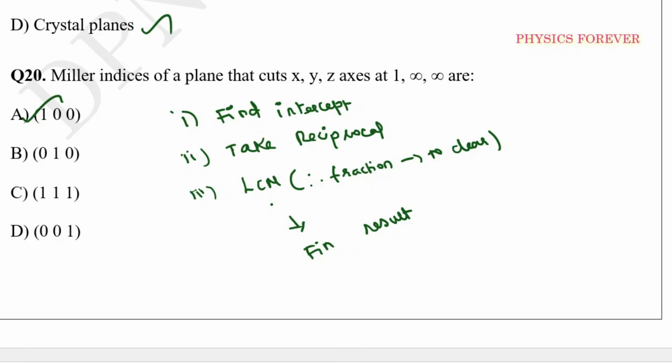So already நான் previous-ஆ ஒரு detail-ஆ ஒரு class போட்டிருக்கேன், channel playlist-ல் இருக்கும், இல்லை நம்ம regular classes-லேயே video upload பண்ணியிருப்பேன், அதை பார்த்தீங்கன்னா we can get clear idea. So Miller indices-லேருந்து definite-ஆக ஒரு problem வரும். Okay,